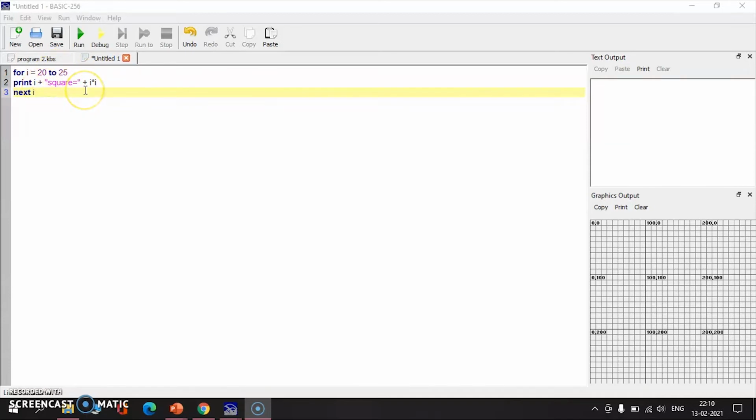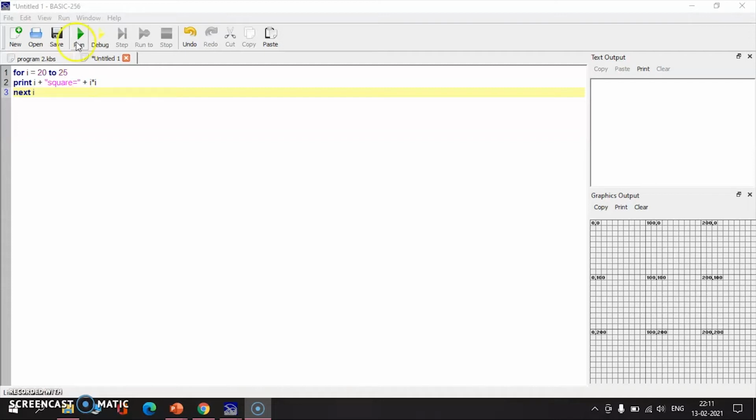As I told you before, if there is no expression 3, in each subsequent repetition of the specified block, what does it do? It automatically increments by a default value of 1 in each repetition.